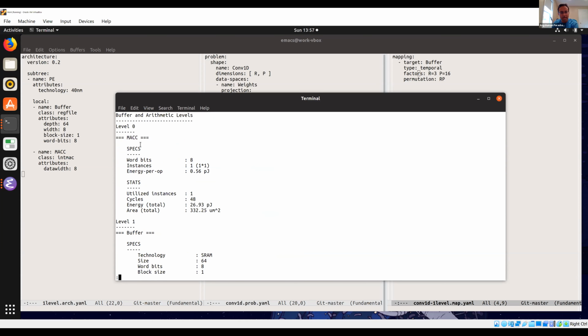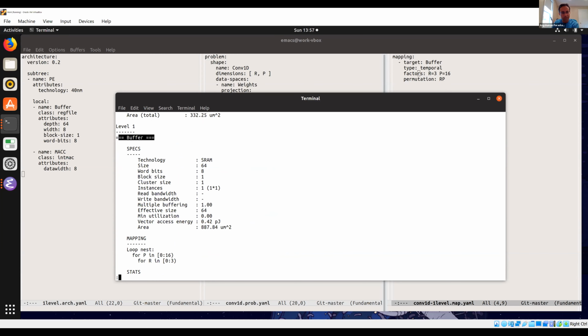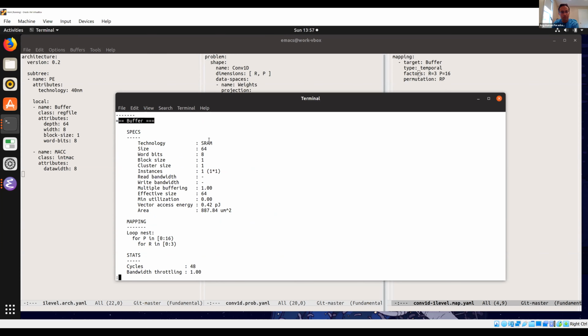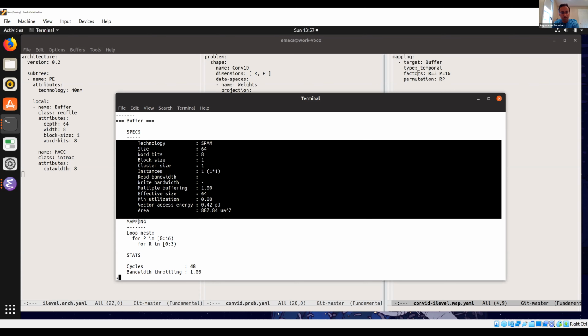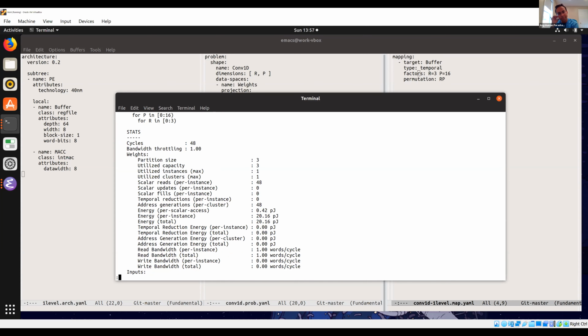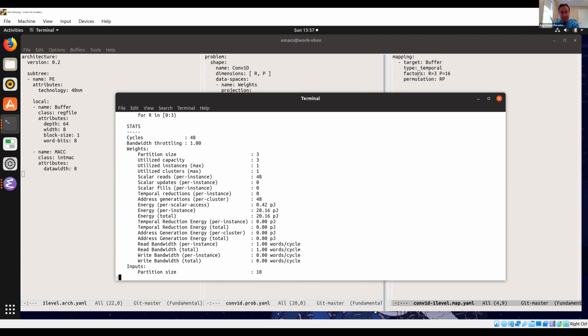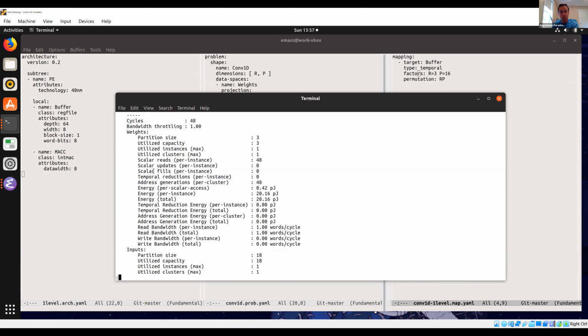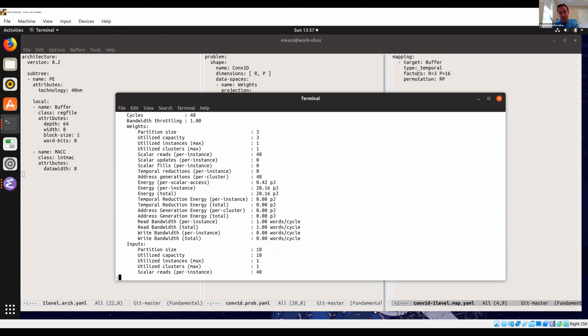The buffer and arithmetic levels have a level corresponding to each arithmetic and storage unit in your hardware. So you've got the MAC level here and buffer level here, which were the only two levels in this architecture spec. And then you have the specs that you gave as a user. And then later on, you've got all of the statistics that were emitted as a result of this execution. A number of statistics are also broken down by data space or tensor. And so you can see how many accesses you had to each of the tensors at each of the levels,